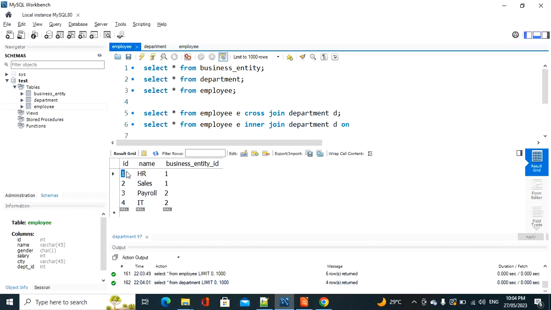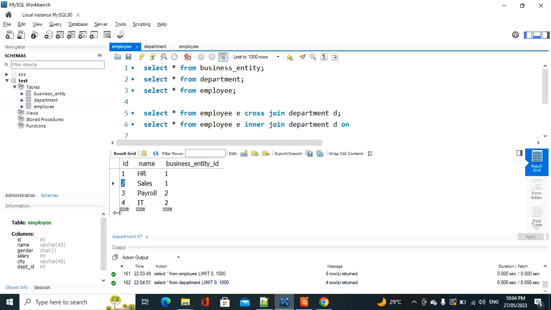So here, if you see 1, 2, 3, of course, currently I don't have any primary and foreign key association between employee and department. The basic rule to join two tables is you should have one common column between those two tables. There is no hard and fast rule to have a primary key and foreign key association between those two tables. So this is an important point. Of course you can join the tables when they have a primary and foreign key association. What I'm trying to say is you can also join the tables even when they don't have a primary and foreign key association. The only thing needed is some common column between those two tables to join the tables,